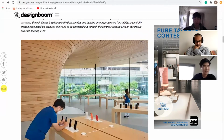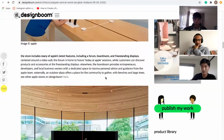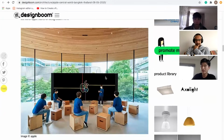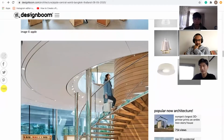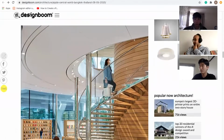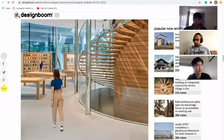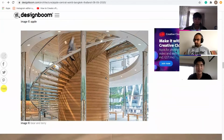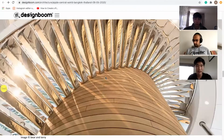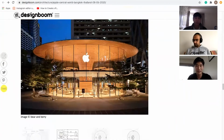So more and more, going physically to a store, you're going for an experience, or at least that's my perspective as a designer. Otherwise, if the physical store doesn't present an added depth or another dimension to the experience, right? Then why are you going there, just to waste time and energy? So